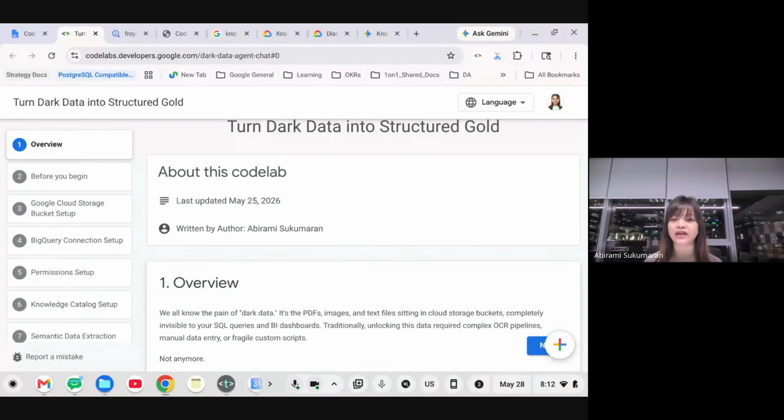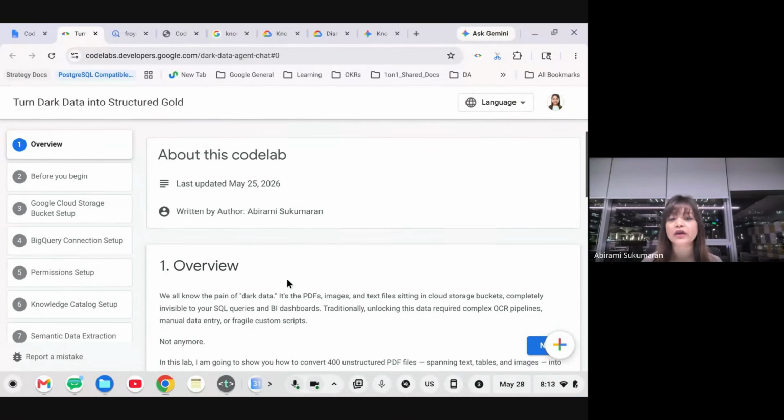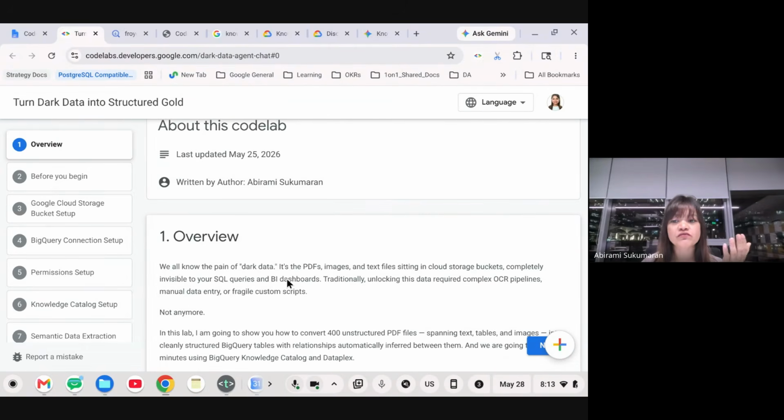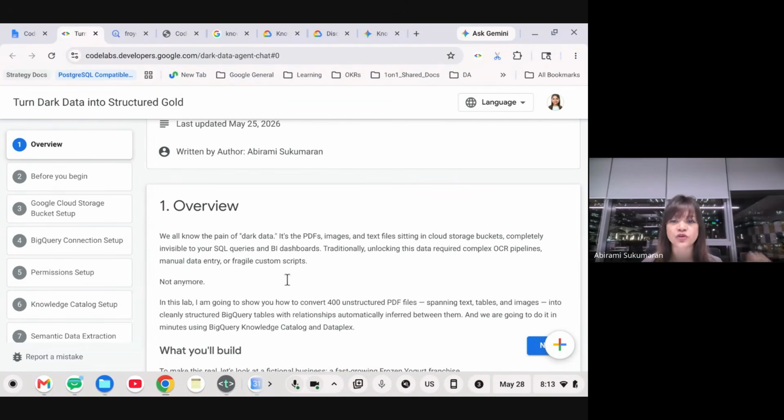It has a semantic inference component to it, which generates the graph of relationships of the data that lives in your PDFs. So what is this PDF I am talking about? That's what we're going to be looking at. PDFs are known to contain unstructured data, images, texts, tables, not videos, of course, but other components, right? A PDF is not always text. There are so many components that a PDF contains.